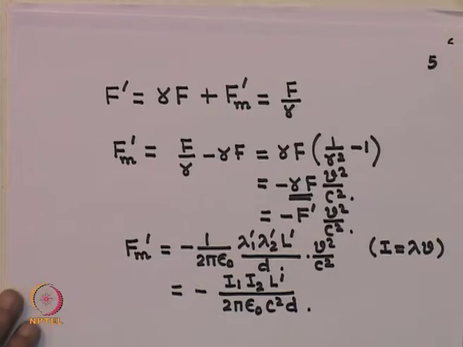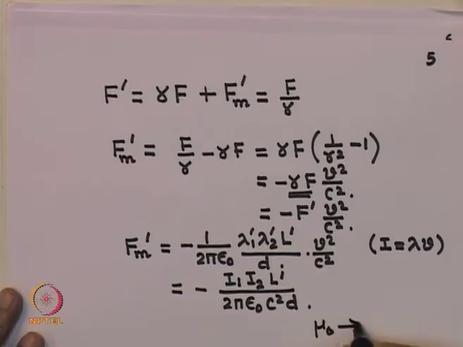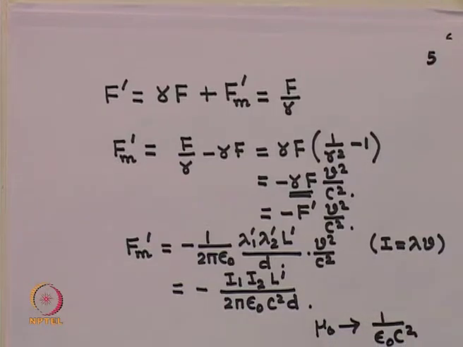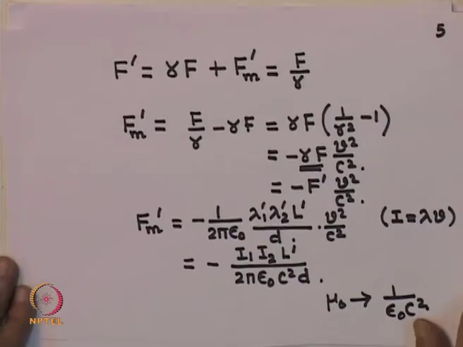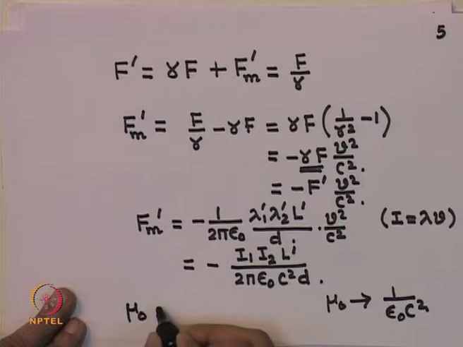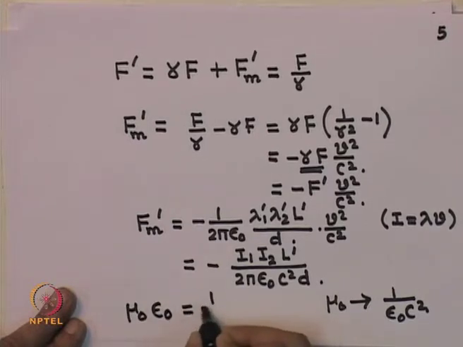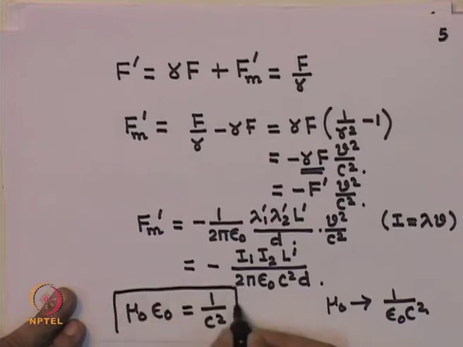Now, notice this, that we had already derived what is the magnetic force between two parallel wires carrying currents I 1 and I 2, and we had seen this expression should have been I 1 I 2 times length divided by mu 0 d, 2 pi d. So, therefore, this factor mu 0 can be identified with 1 over epsilon 0 c square. So, mu 0 epsilon 0 being equal to 1 over c square is actually one of the fundamental relations of electromagnetism.